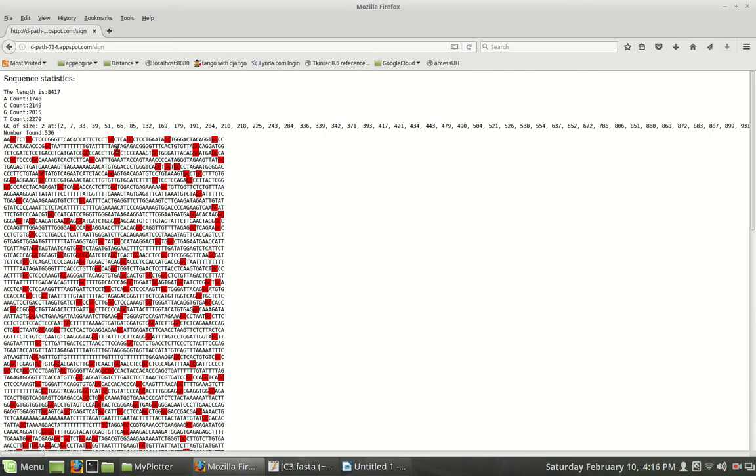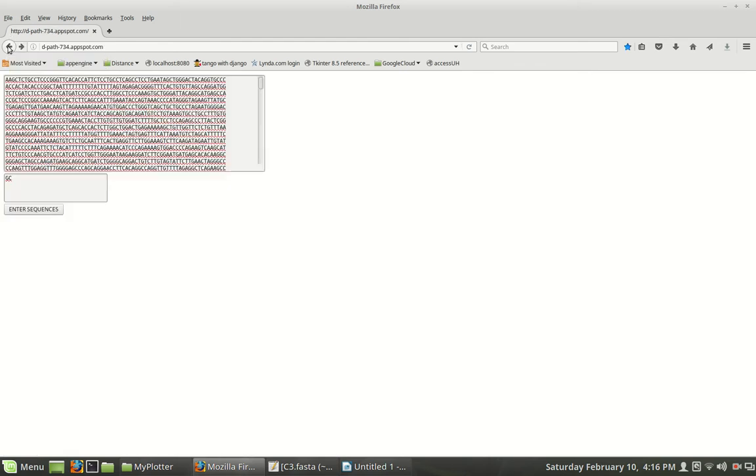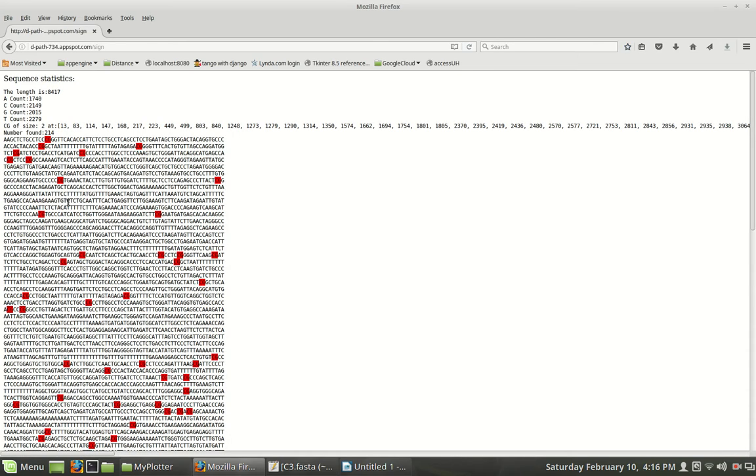So let's go back. This is using GC. Let's go back now. I'm going to hit reverse, and instead I'm going to put in CG, and let's see how it's different with CG than with GC. Much different. As you can see, there's much less CG than there is GC. There are a few here,